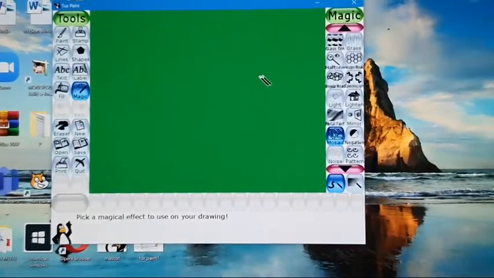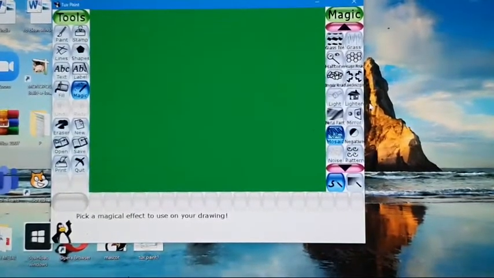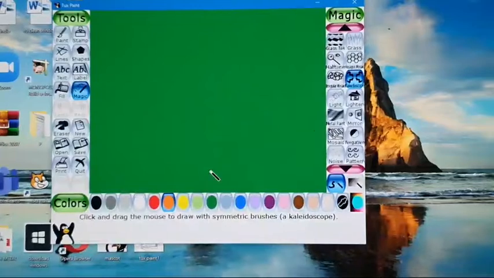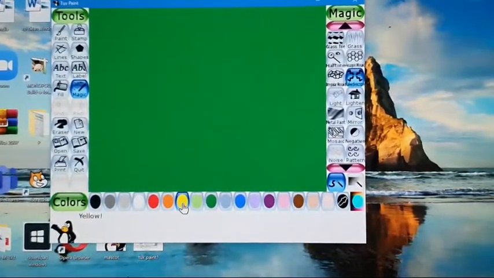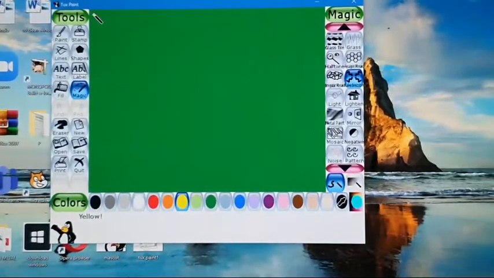In that magic tool, select kaleidoscope effect. Here it is. We can see this is kaleidoscope effect. I'm going to select it. Just select yellow color. Any color we can choose, but I'm going to select yellow color. I'm going to draw something on my screen with my magic wand.